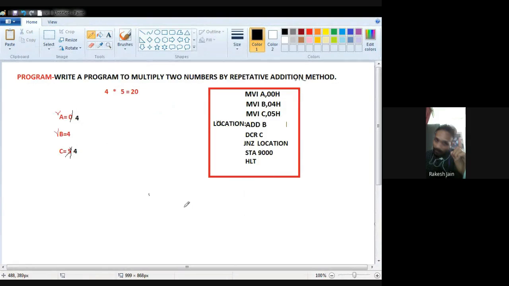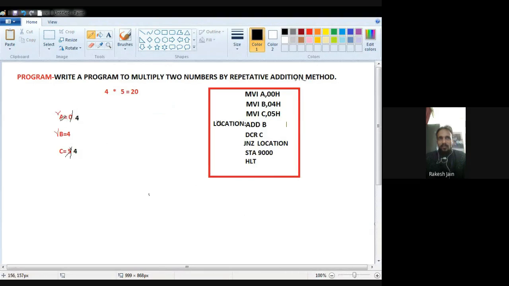My next instruction is JNZ, jump if not 0. After DCR C decrements the register C by 1, if the result is not 0, jump to this location.